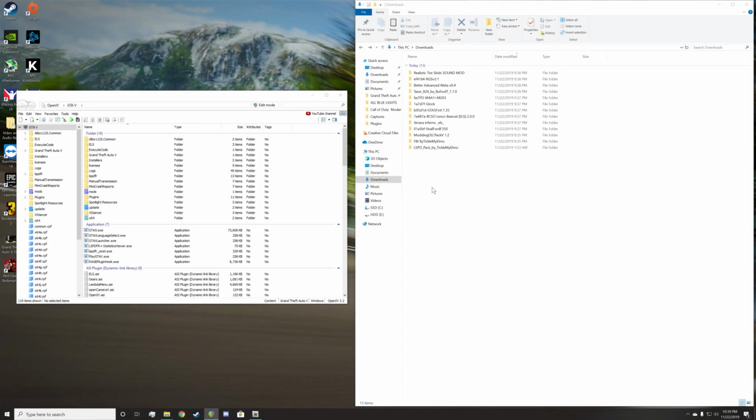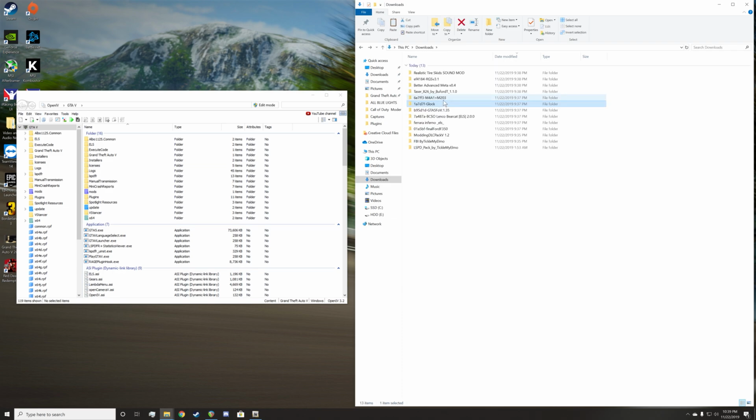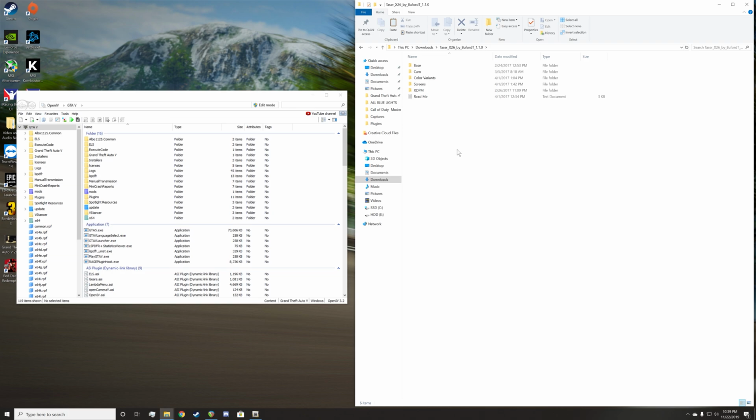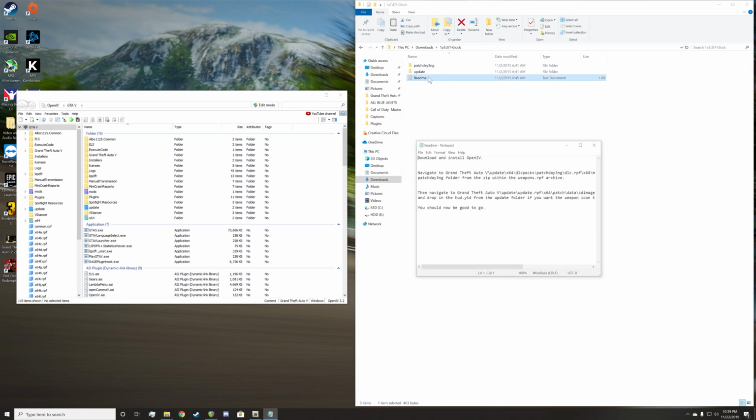This is the next installation of how to install LSPDFR to your computer. So in this video we're going to be going over how to install weapons. I am using the Glock 17. I'm going to be using the M4A1 and the X26 taser. So what we're going to want to do is go to the README of this